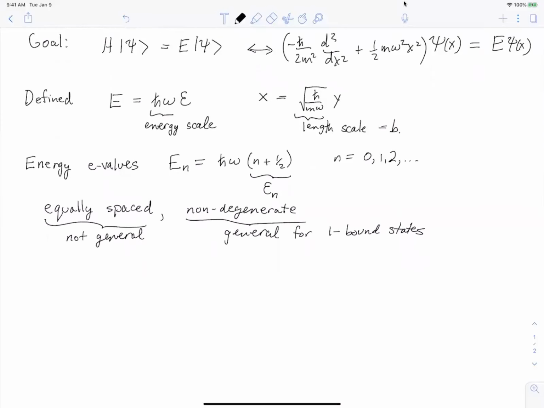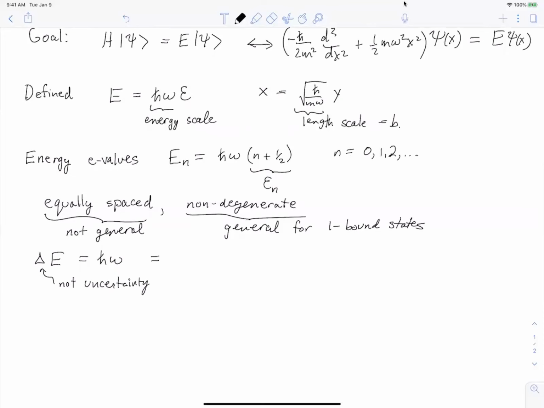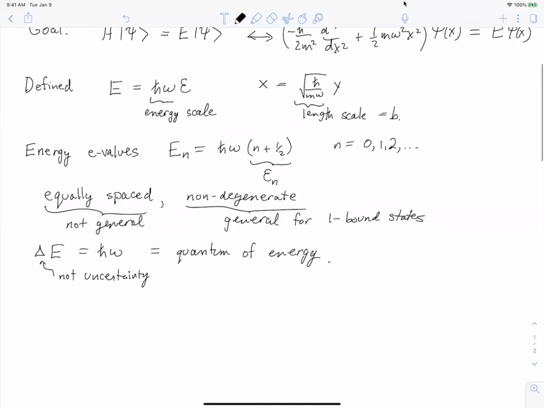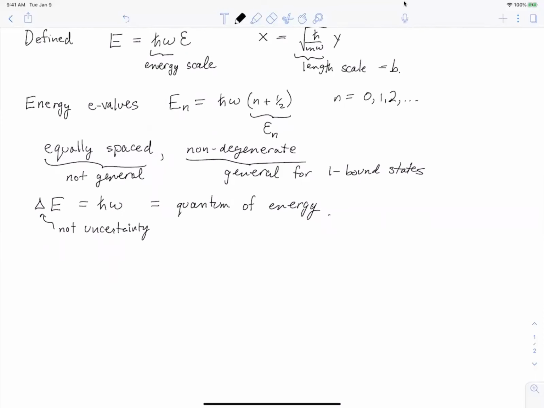Okay, and the difference in energies, delta E, is h bar omega. Here the delta is not to be confused with uncertainty. It's just the spacing. So this is the quantum of energy in this problem. And then the corresponding eigenvectors. So these were the eigenvalues. The eigenvectors